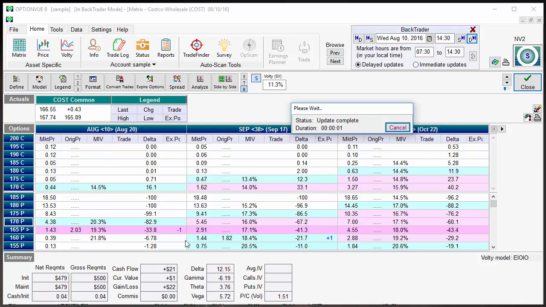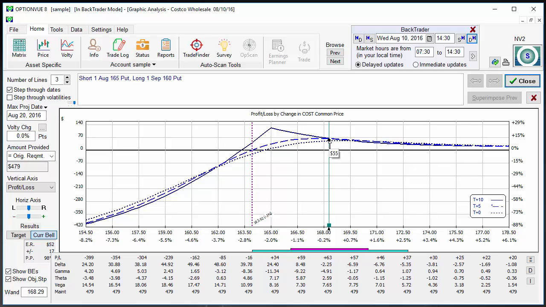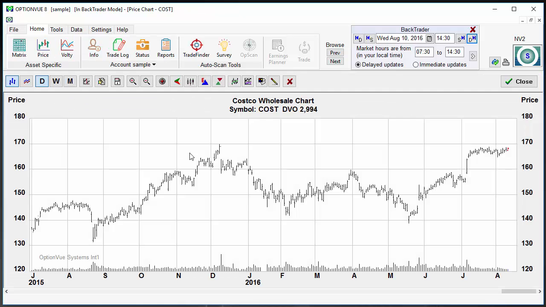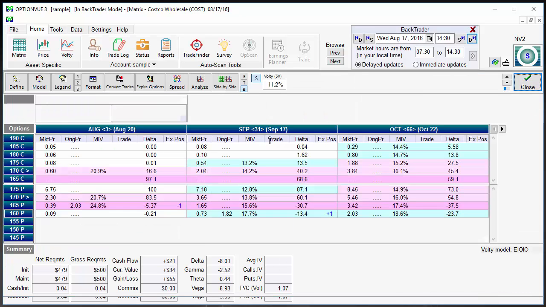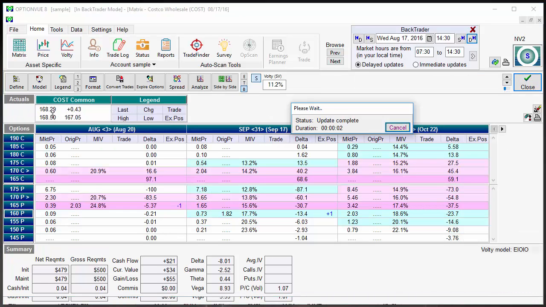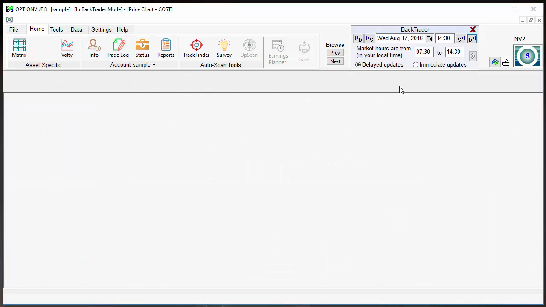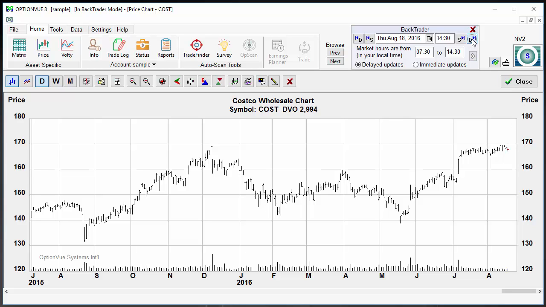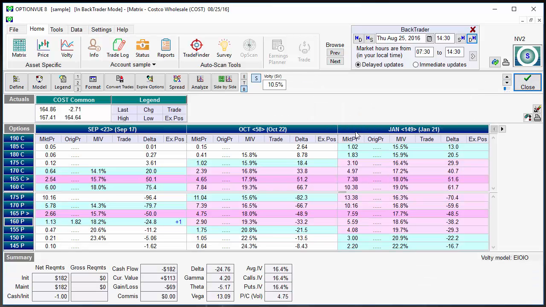Okay, so the timing per se is less important on looking at the price chart. Actually, we'll go a few more days here because I think the earnings were after that. All right, let's see here. I thought that we had saw a nice big spike to the upside, and that obviously might just be bad data on that one particular day. But I think you get the point where you can